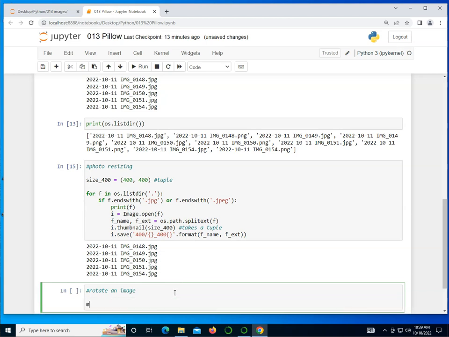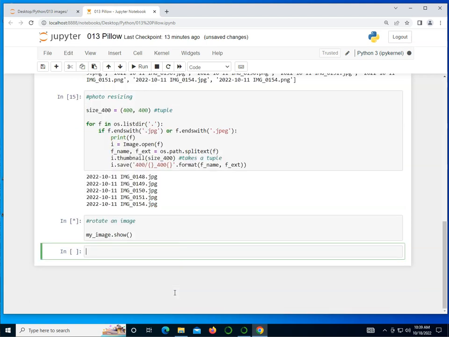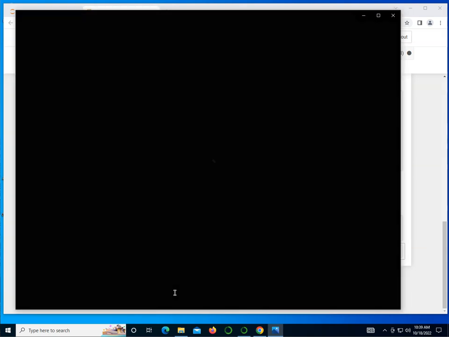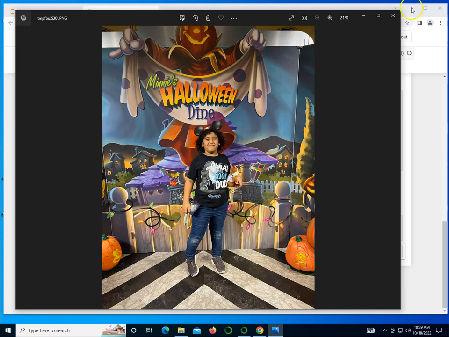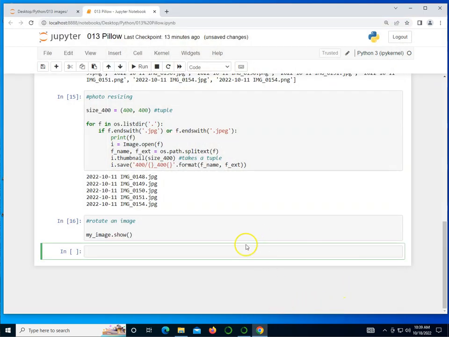So I can take my image. Let's actually do show first to see what it was. It still should be the same one. We haven't changed this in any way. So there you go, Mr. Munchkin. And then I'm going to take my image